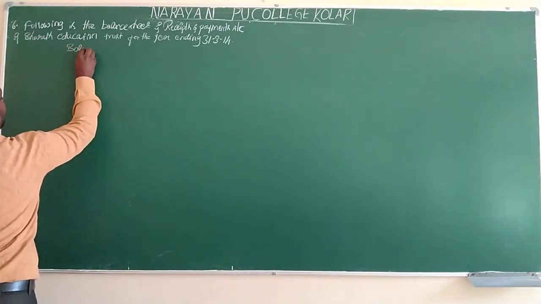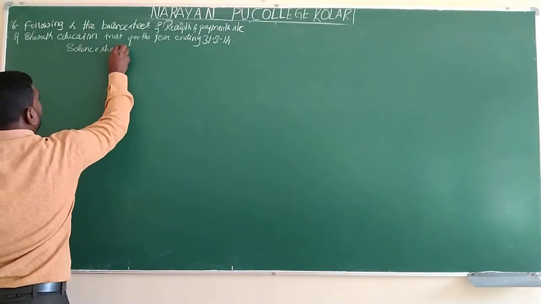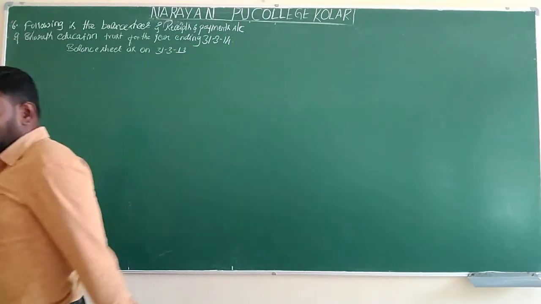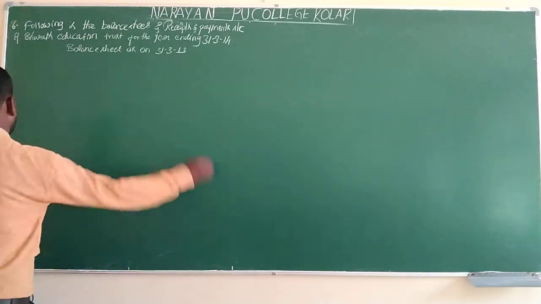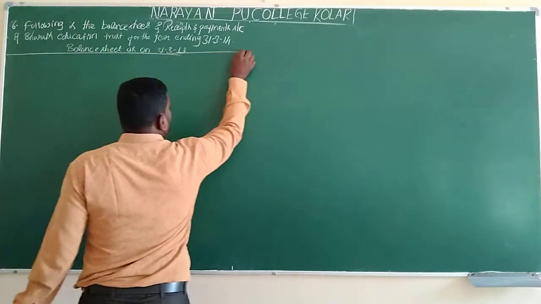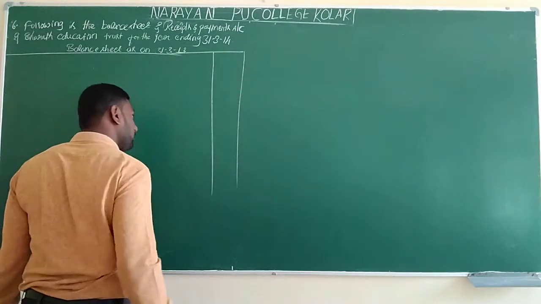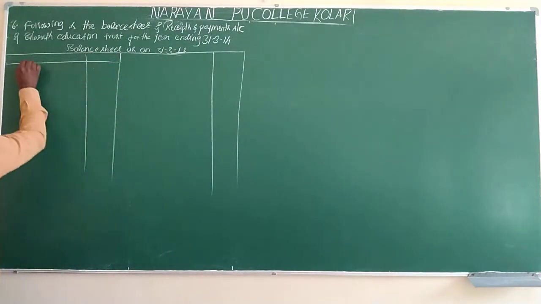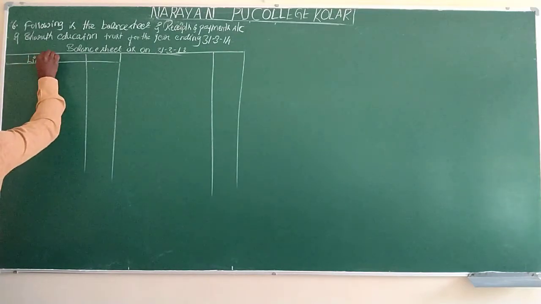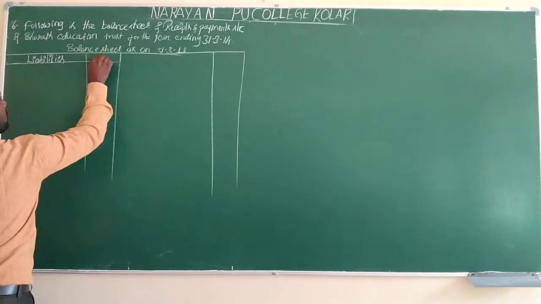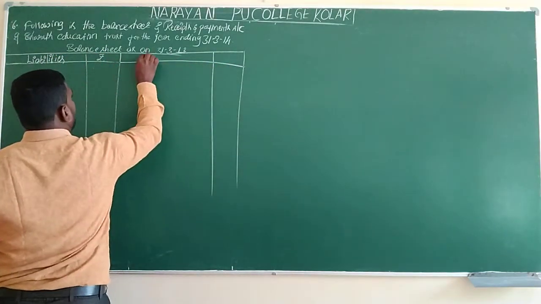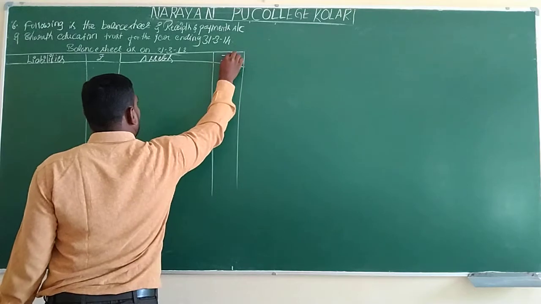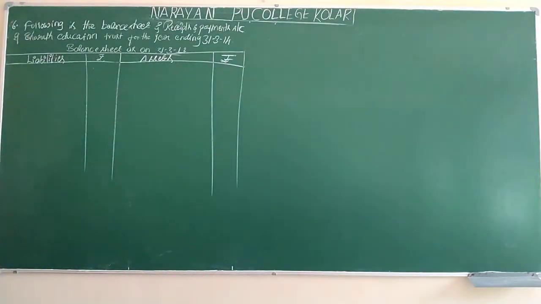For this balance sheet as on 31st March 2013, balance sheet as on 31st March 2013, we draw the columns: liabilities, amount, assets, amount. So we will write under liabilities